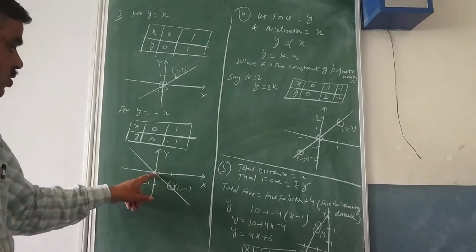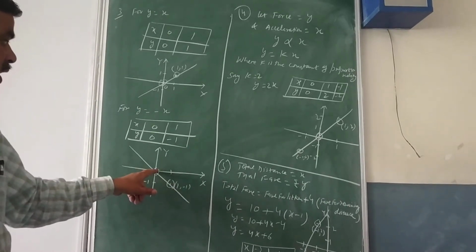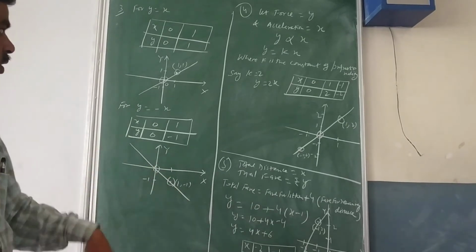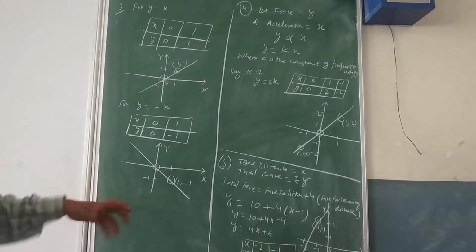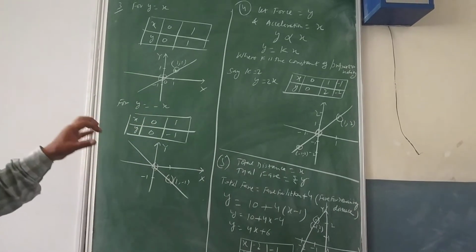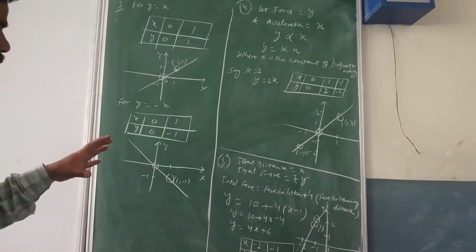So now you put this 0, 0 again will be at the origin, and at 1, x is equal to 1, y will be here minus 1, and draw the line. So now what is your observation that you have to write? Again, question is of section C. Two graphs are there and their opinion you have to write at last.